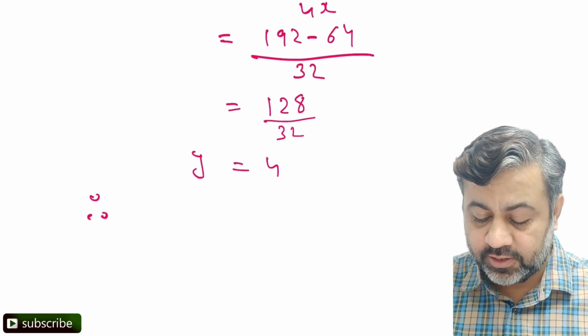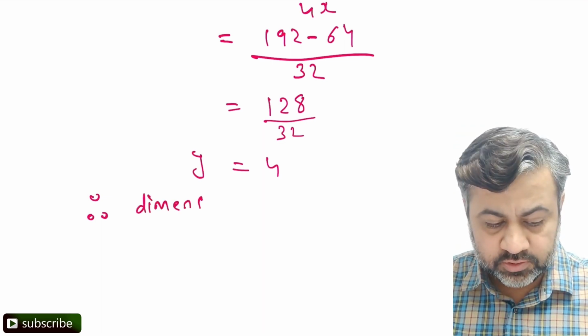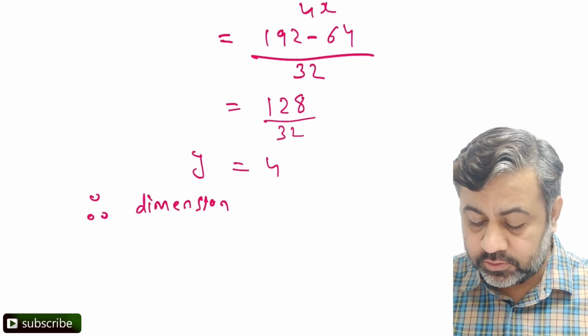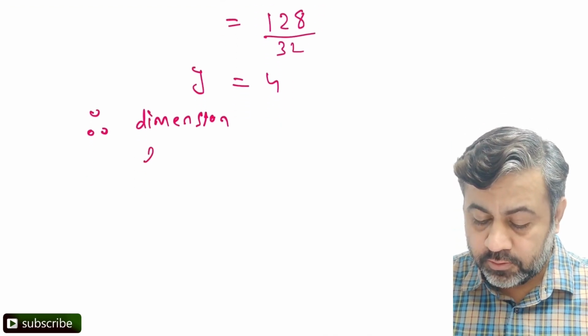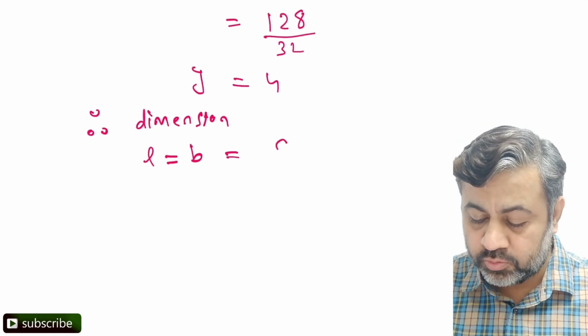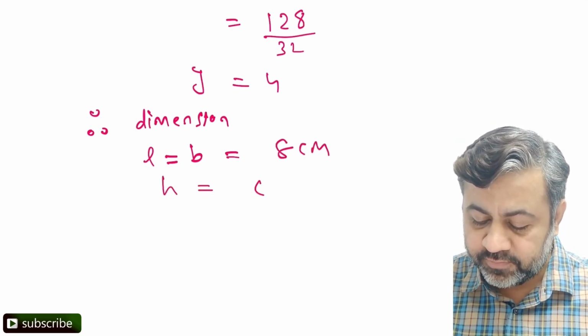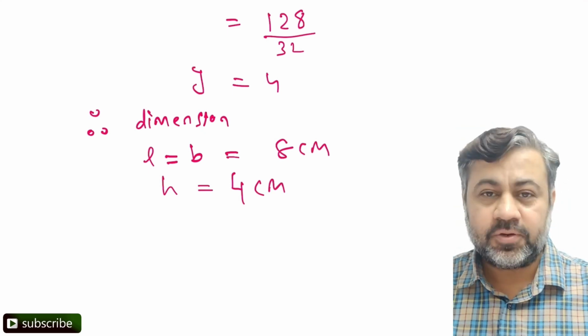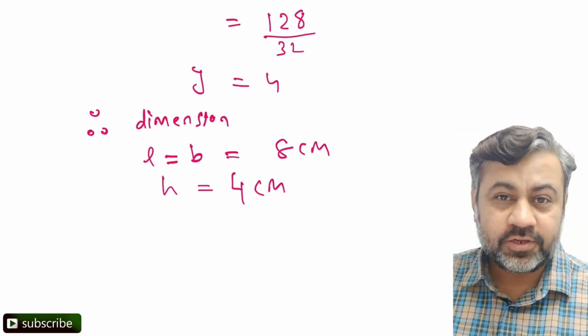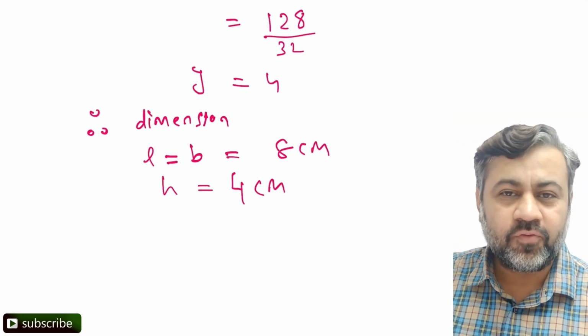So therefore I say dimensions बता देते हैं उनको. dimensions हमको ढूंढने थे. dimensions क्या थे यहाँ पे? dimensions लिख देते हैं यहाँ पे. length breadth दोनों मुझे 8 सेंटीमीटर मिले और मुझे height 4 सेंटीमीटर मिला. Height we got as 4 centimeter. This is what you're supposed to do. Understand the steps how we have followed it.